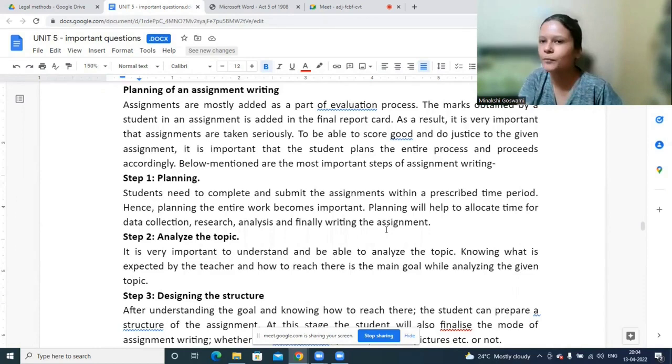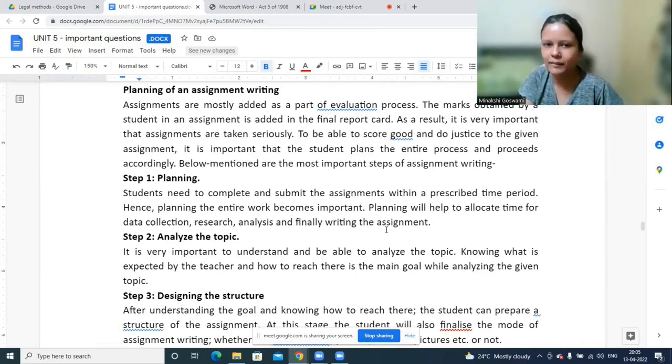So we need to have a proper planning to see how we can complete it on time. Even when we talk about our exams, once the timetable is out, we start planning how we can finish the course soon. Like one of you said, okay, exam dates are out, so can we finish the course before 21st? That is nothing but part of your planning. You plan that if it's completed before 21st, then only I would get some time to study and things like that. Same applies in case of assignment writing also.